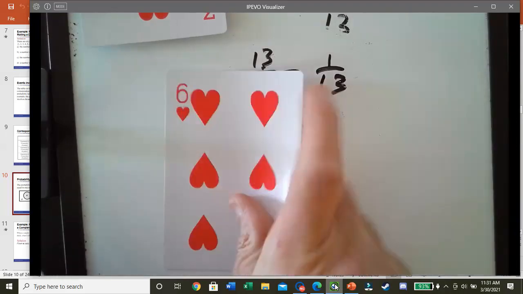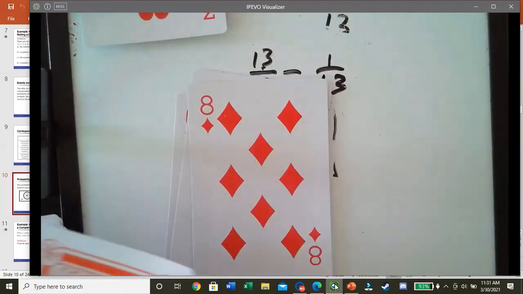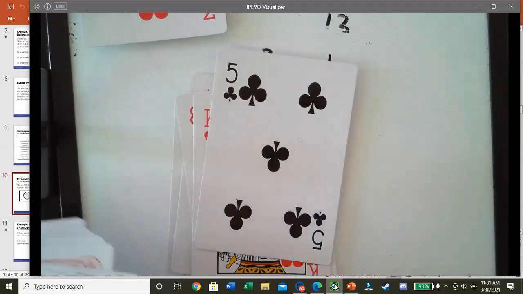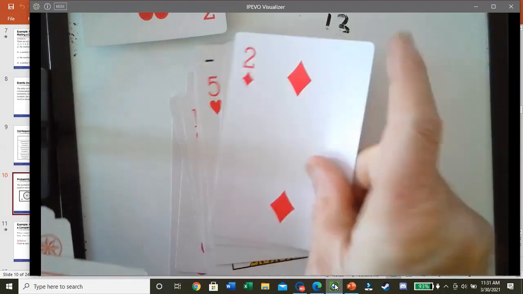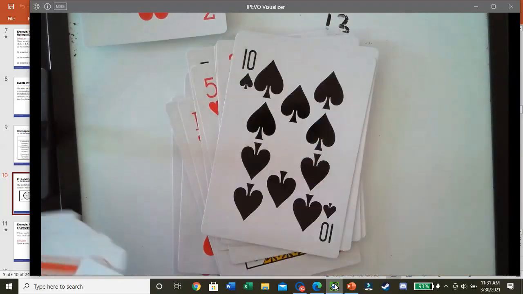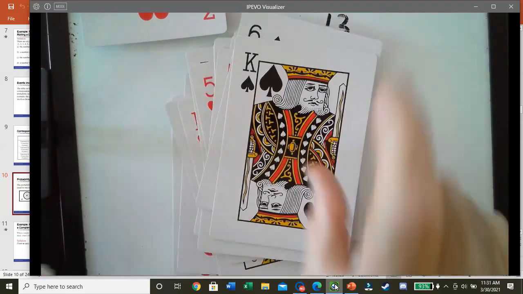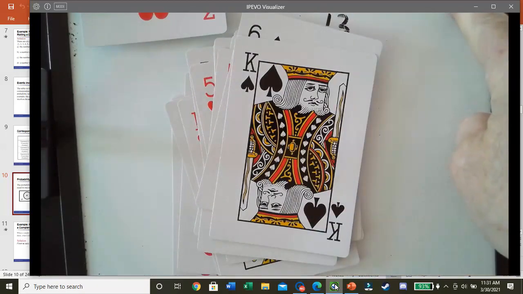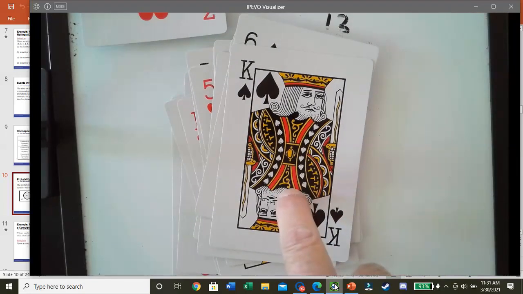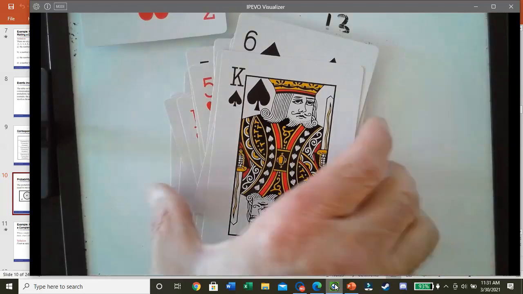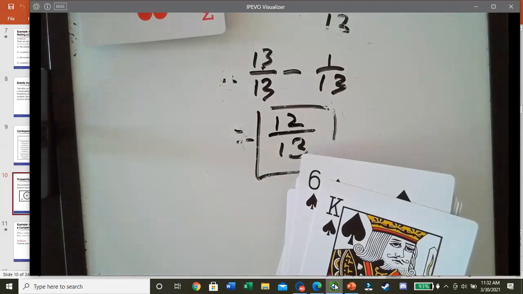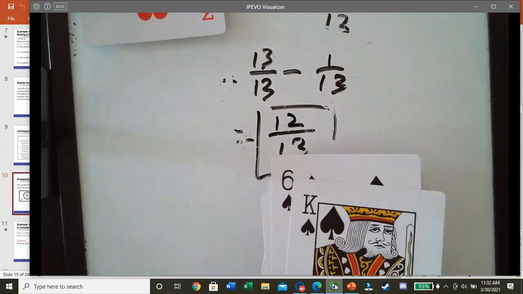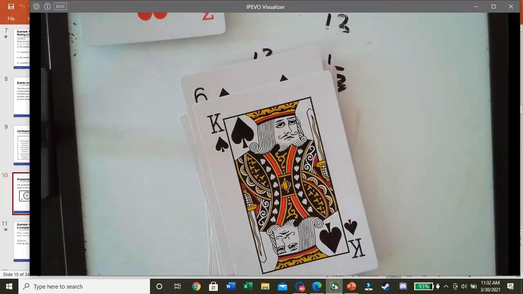So let's try one more time. 1, 2, 3, 4, 5, 6, 7, 8, 9, 10, 11, 12, 13. We didn't draw an ace this time. But considering we already drew 3 aces, the chances of drawing another ace on the next 13 cards is really slim. Right? So that's kind of how probability works. You may not get exactly that number, but over a long